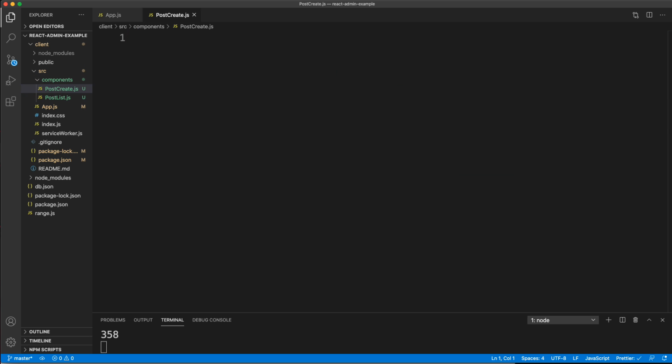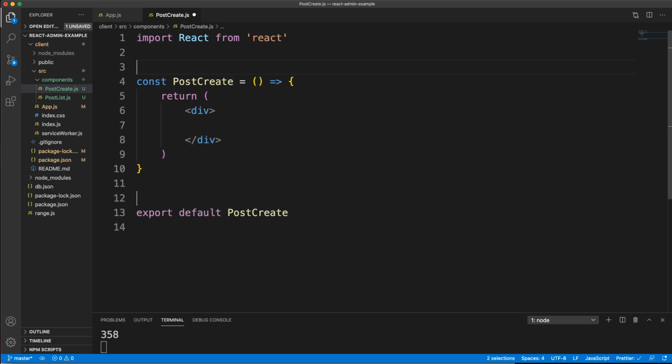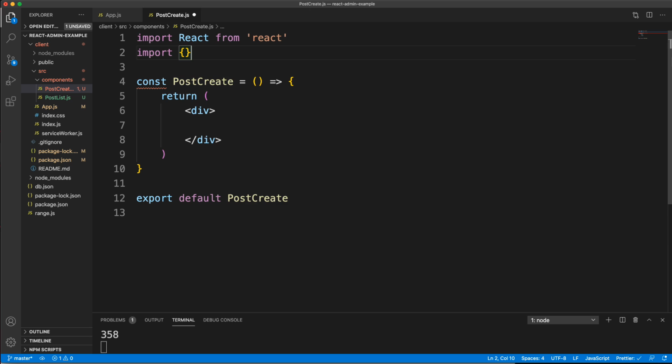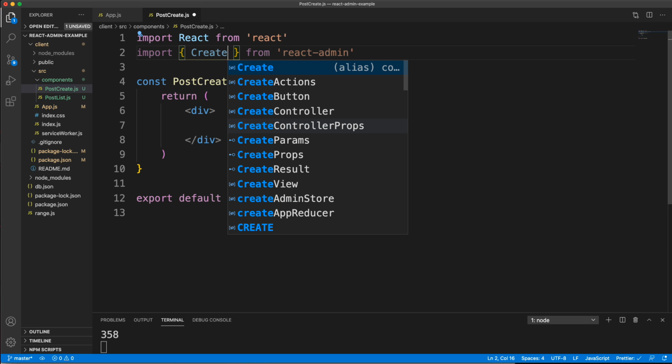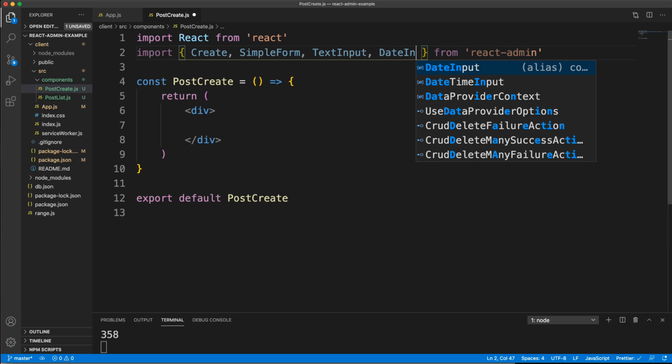And inside components, let's create a new file called postcreate.js. For this file, this is going to be pretty easy. Let's sketch out a component here, and let's bring in a few things from React Admin. This is going to be different because this is a form. So we want Create, which is like the wrapper element, and then we're going to use something called SimpleForm, which allows us to create a simple form. We want a TextInput for the title and the body,